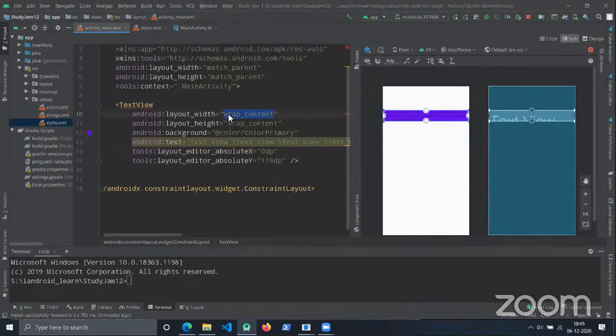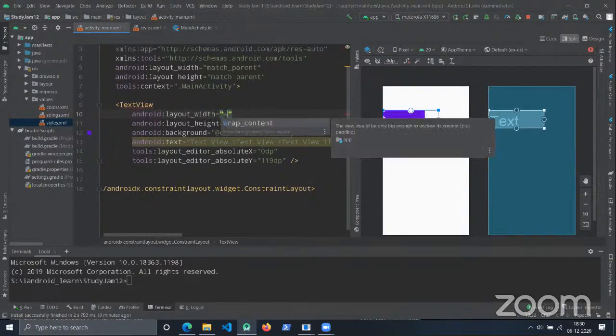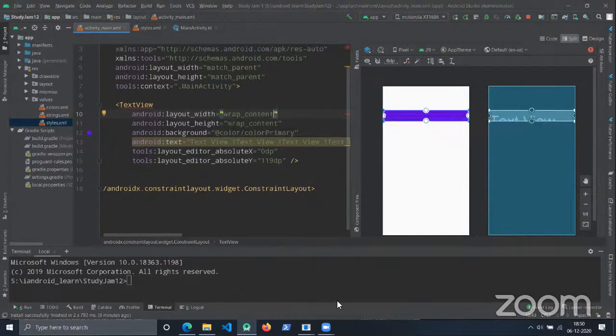You can also give a hard coded value like 200 dp, but these are usually refrained from because 200 in one device may not be equal to 200 in another device. Okay, so usually what we do is, with respect to the parent or the content,